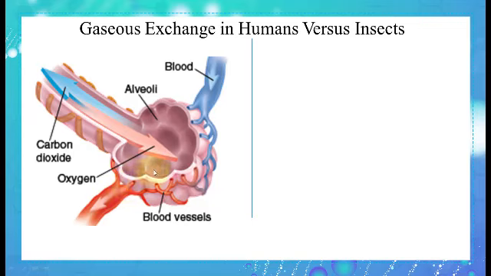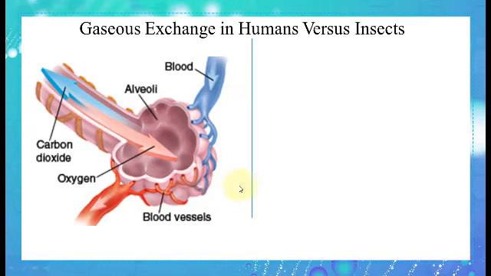As we learned before, the gases exchange takes place between the alveolus and the blood, where the oxygen gas diffuses from the alveolus to the blood, and then it is transported through the blood to all body